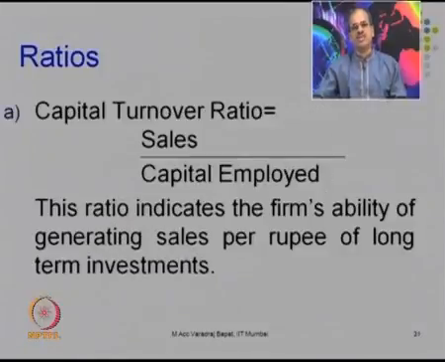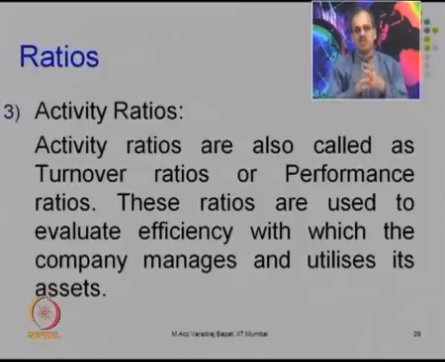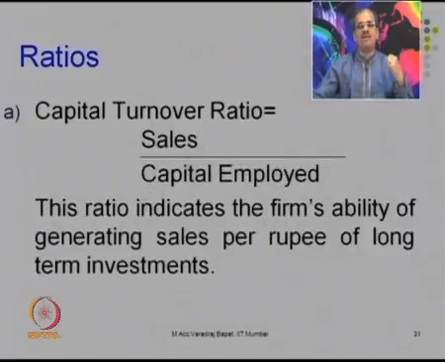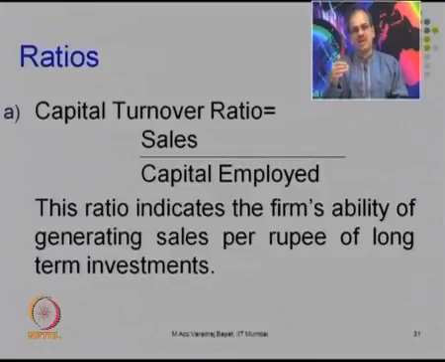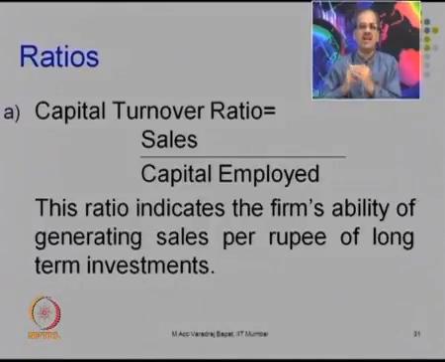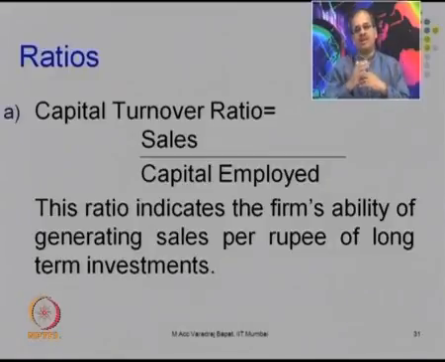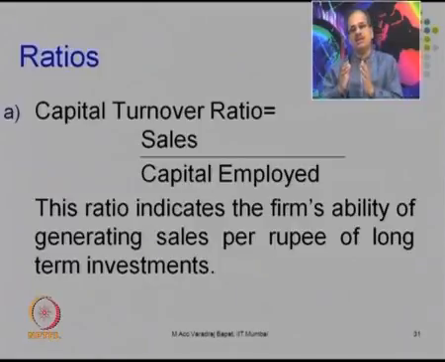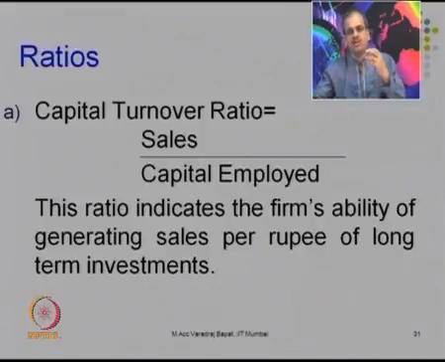Then the next type of ratios are the activity ratios. If you remember, in our last session we had come up to activity ratios. These are also known as profitability or turnover ratios. The first one amongst them is capital turnover ratio, where we try to find how many times the sales are generated vis-a-vis the capital employed. So it is sales upon capital employed. Should this ratio be high or low? Naturally, this ratio should be higher. It indicates that the entity is efficient, it is able to generate more sales by using the same amount of